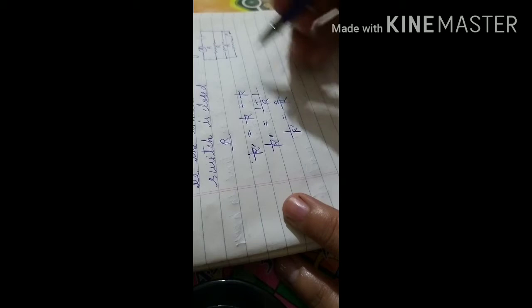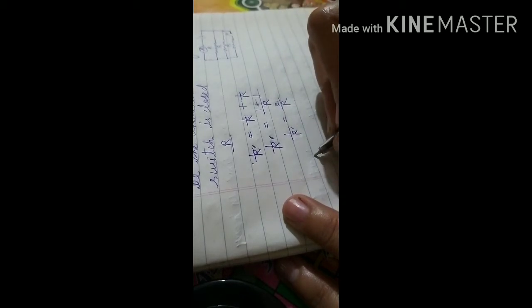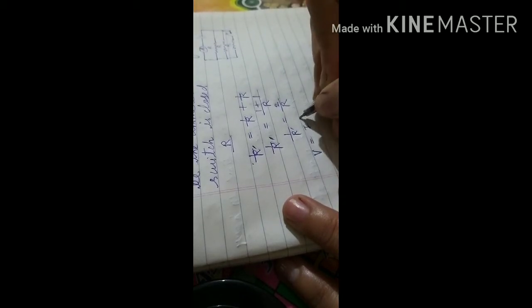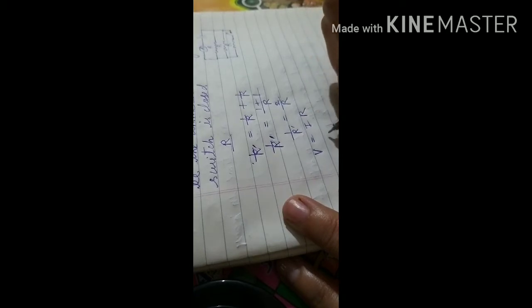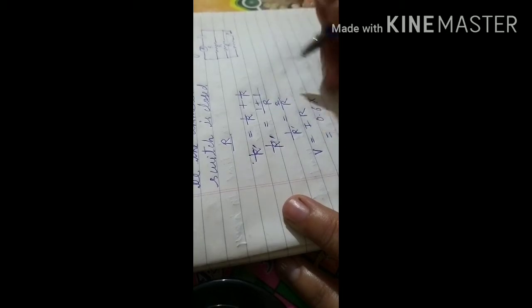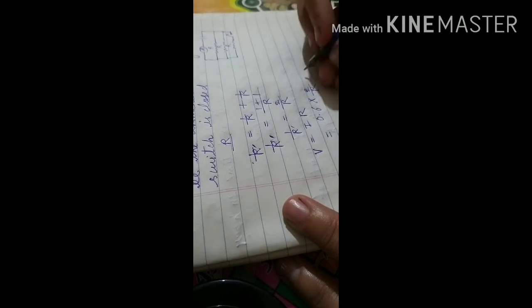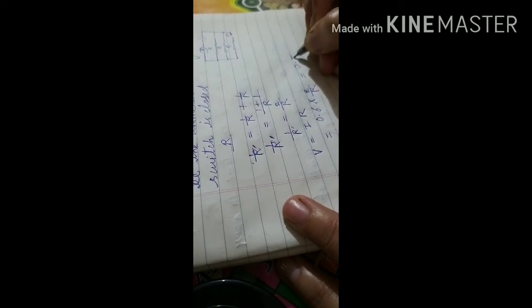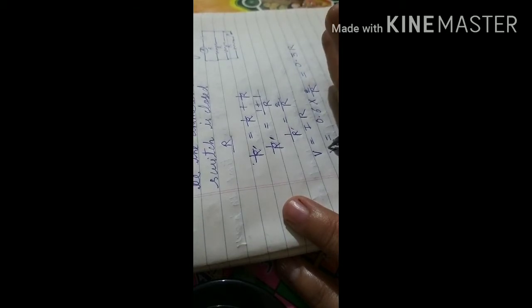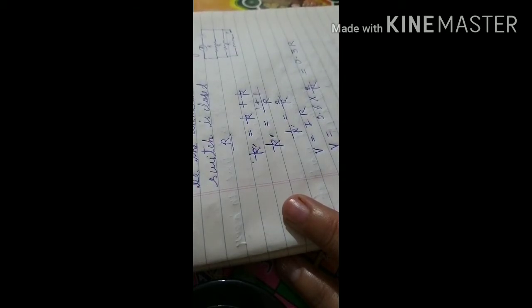Now, as you have to find the potential difference, V is equal to I into R. I is given as 0.6 ampere in the question, and the resistance we have is R by 2. If you multiply, you will get 0.3 R. So this will be the potential difference in that case.